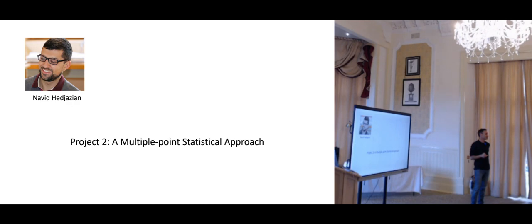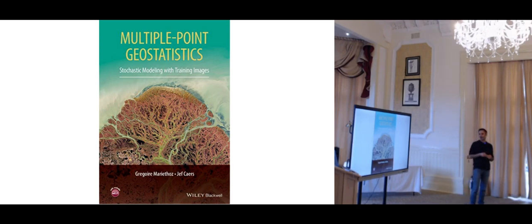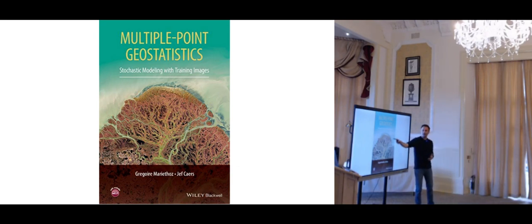This is the work of Navid Ejazian, who was a postdoc in Lyon. He's finished now, and the idea is to include a priori information from geology or from geodynamics. The idea was to use multi-point statistics, a field with a big community that is very active in hydrogeology or in geostatistics. In seismology, we don't use that. In global seismology, we don't use this type of method a lot, but they are used a lot to describe the statistics of